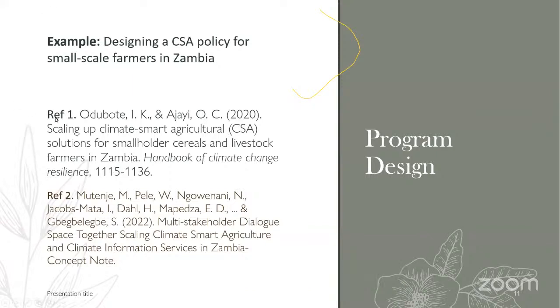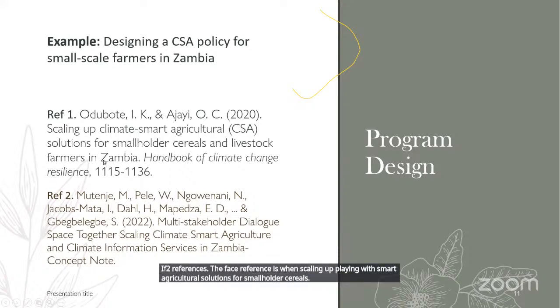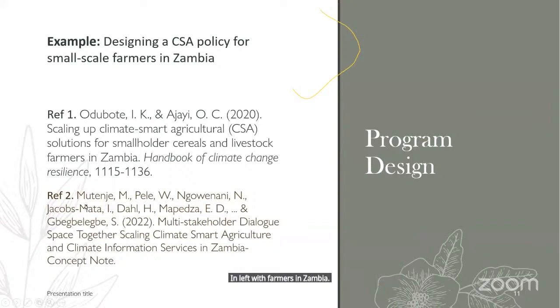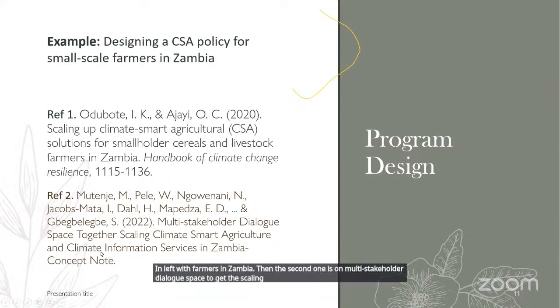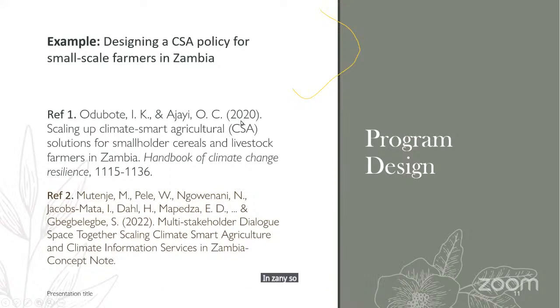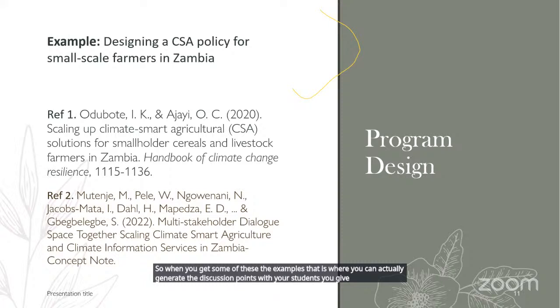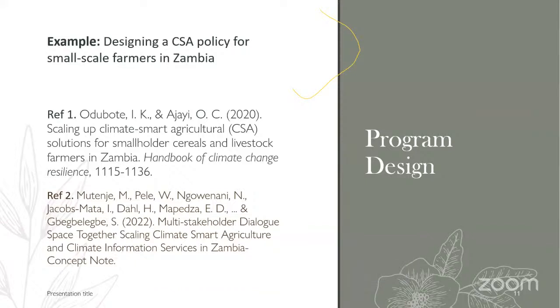I have two references. The first reference is on scaling up climate smart agriculture solutions for smallholder cereals and livestock farmers in Zambia. The second one is on multi-stakeholder dialogue space for scaling climate smart agriculture and climate information services in Zambia. So when you get some of these examples, that is where you can generate discussion points with your students. You give them some material, they go and read, and then they come back and discuss in a group. You can even ask them to make a presentation on how they found it useful